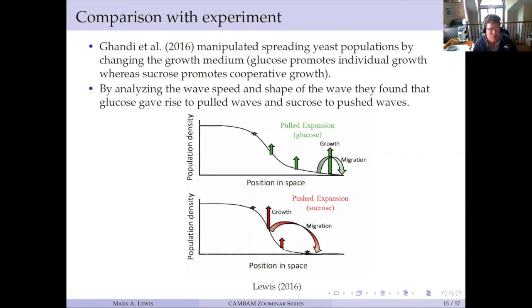Of course, if you confer different genetic advantages or disadvantages to gene types, then the story changes a lot. And there is some work on this kind of stuff, and it's very nice,